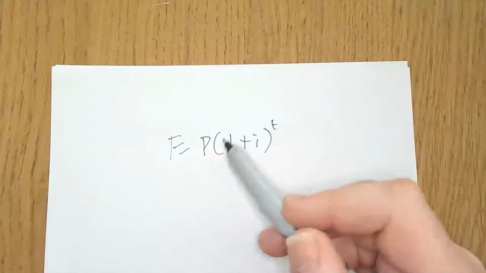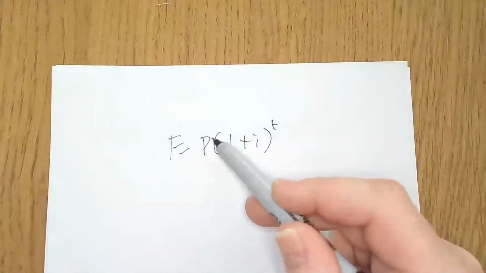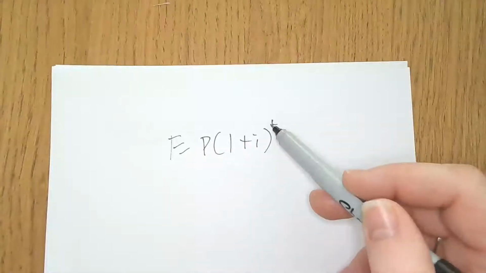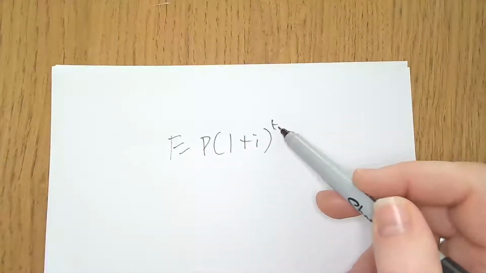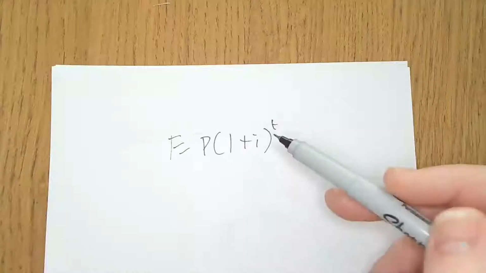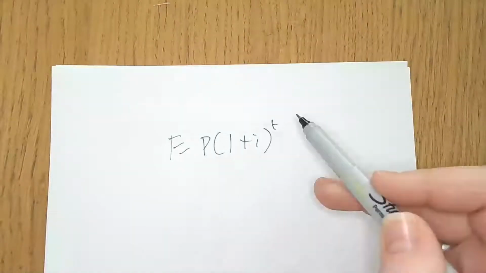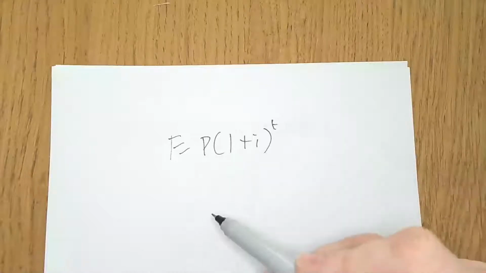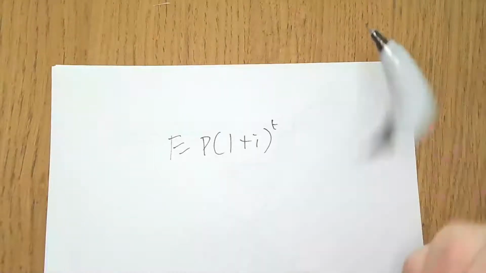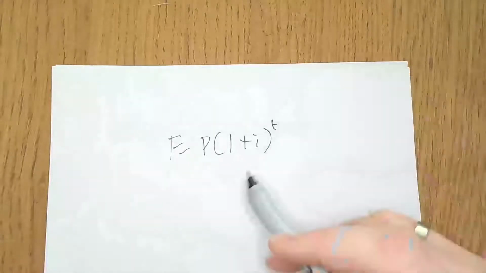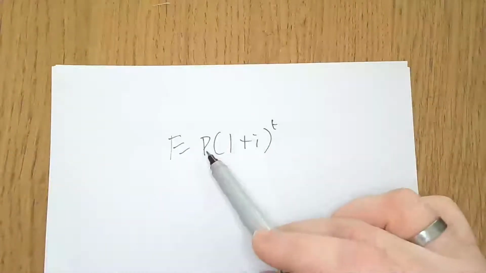With regular investing, this P will be the same each time, but what will change is this T, because the T for the first installment of your money will never be the same as the T for the last installment of your money. Naturally, your last installment that you're adding in before you take it out won't be here for the same amount of time as the first installment you put in.